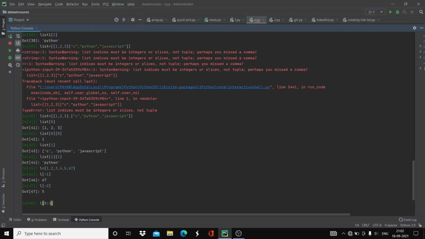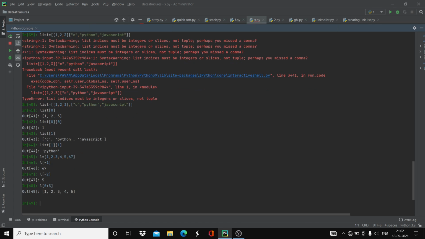So 0, 1, 2, 3. If I mention the size as 5, it will access the elements up to 4. Let's see, here we got 1, 2, 3, 4, 5, and we never got 67. The size here is up to 5, but we are not able to access 67. It's because 0 to 5 indicates that it will only take the elements from 0 to 4.